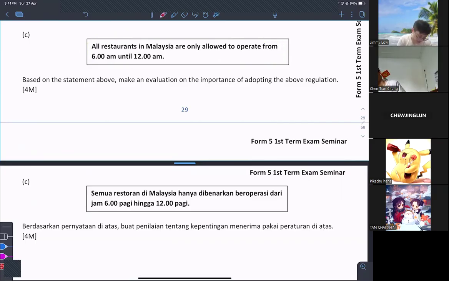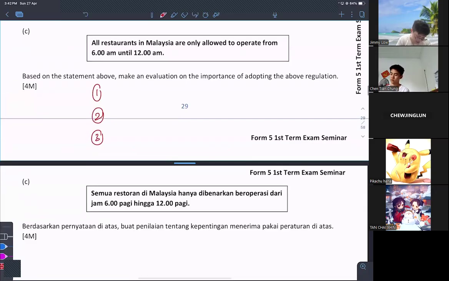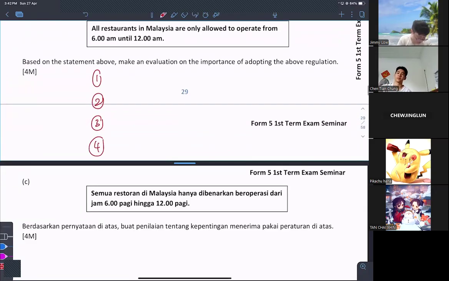So one, you can explain, actually it is all about health. In your health, you have to explain in 4 aspects so that you can score 4 points. So one, you can say high blood pressure. High blood pressure as you eat during late night, right? Those oily food or whatever food the restaurant supplies will cause you high blood pressure. You explain, because of what? Because of the salty food.